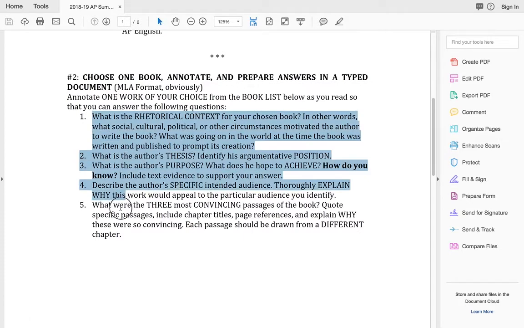I'm going to really quickly go through these questions, what rhetorical context means. Rhetoric is the main thing that we focus on in AP Lang. Given that it's going to be a year-long class, I don't expect you to know and understand the ins and outs of rhetorical context, but I do give you a short explanation here. Remember that rhetoric